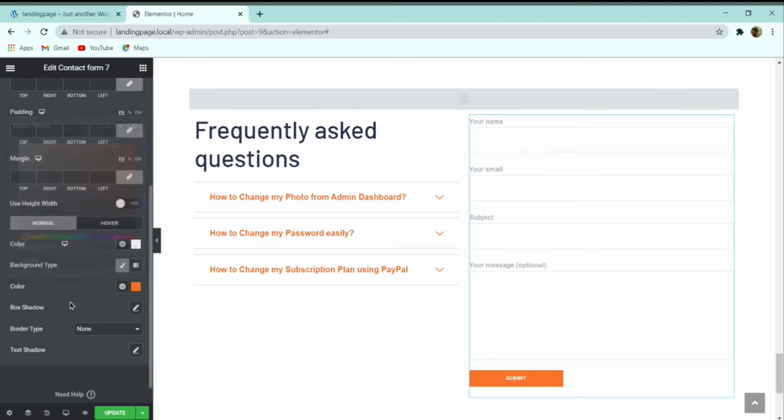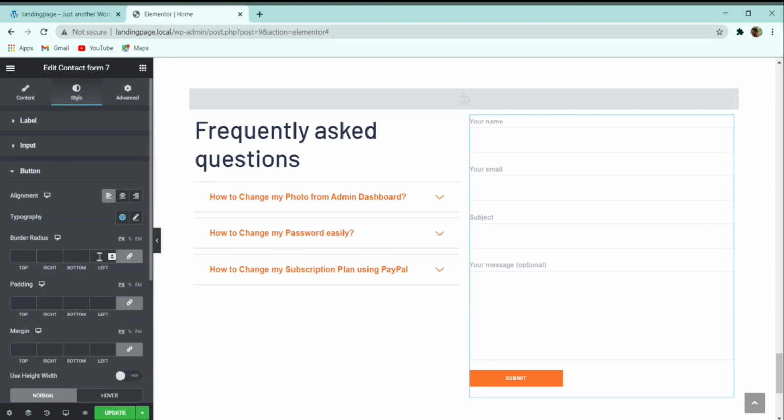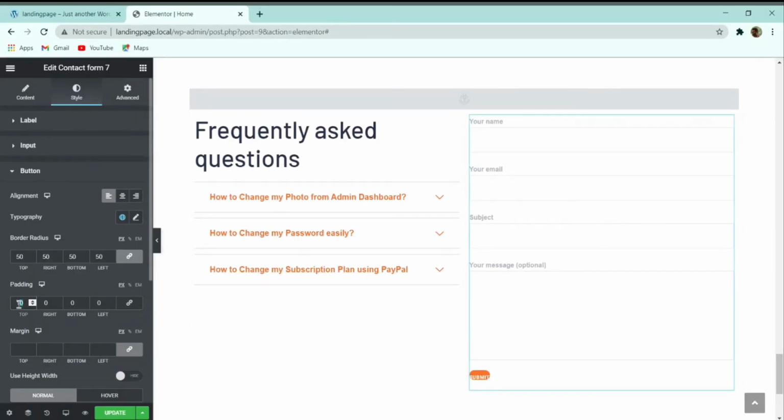add the background color, and then if you want to give any border radius, then also you can give. So let me give a border radius of 50 to it, and then padding I can unlink it, and here let me give 15 at the top and 15 at the bottom, and 30 right, and similarly 30 at the left.